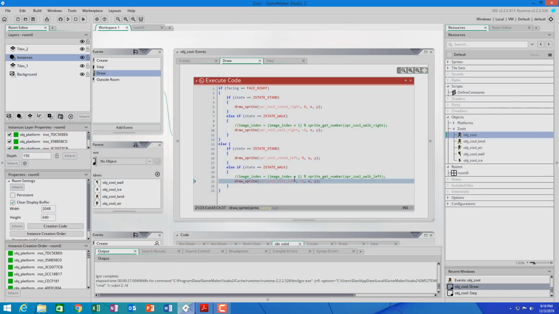So my workaround then was to manage the image index myself. I'm still not convinced this is working correctly, but at least it animates. And so what I do is I add 1 to the image index, although I suppose that's being done automatically. So